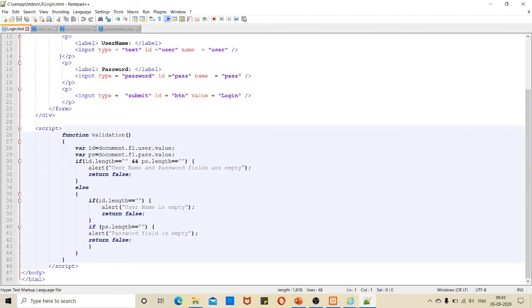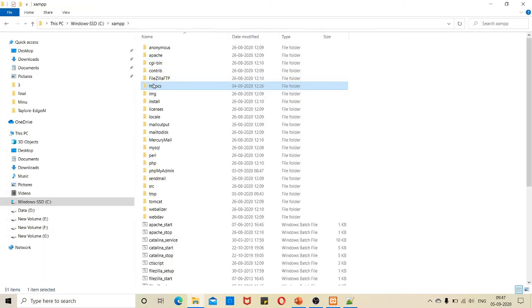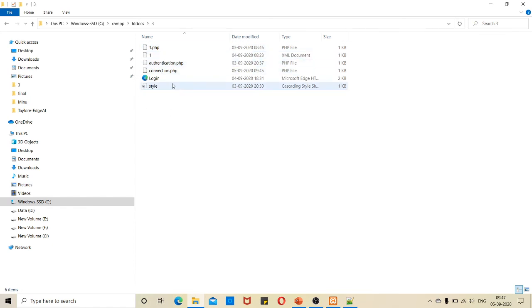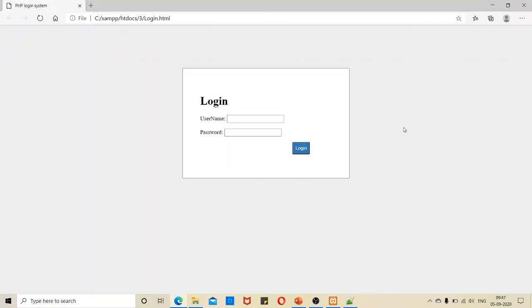So now this is going to be your client side program, and this particular PHP will be our server side program. So let me run the client side login page. Let me go to that particular folder 3. Here, as I said, these are all my pages. Now if I click my login.html, it will open in your default browser.